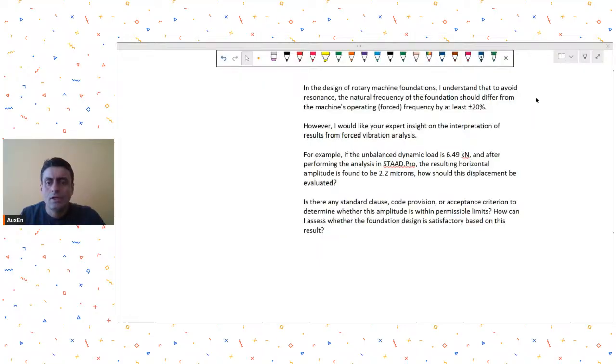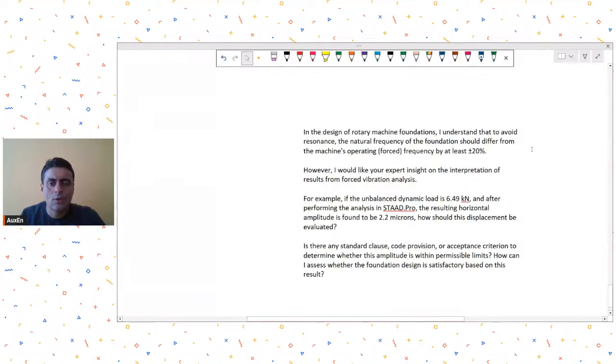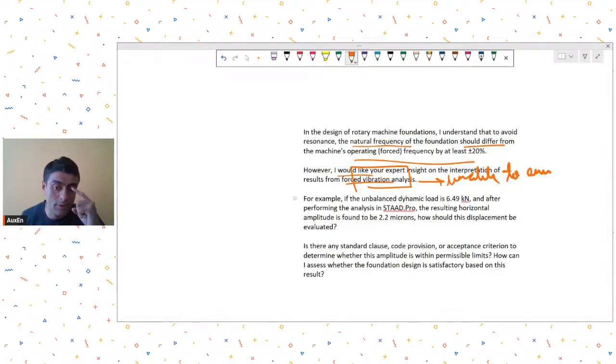Yeah. So he's saying, in the design of rotary machine foundations, Anukul Kumar's question is: I understand that to avoid resonance, the natural frequency of the foundation should differ by at least 20%. However, I would like your expert analysis on interpretation of results from forced vibration analysis. I have not done this, so I'm unable to answer because I don't have much working knowledge on it as of now. For example, if the unbalanced dynamic load is 6.49 kilonewtons,